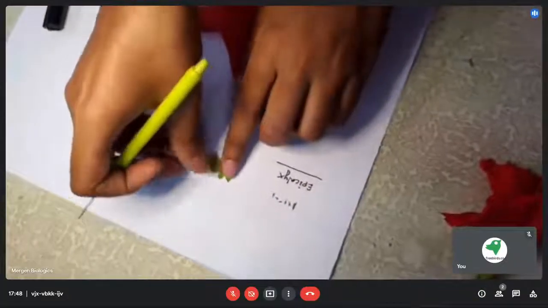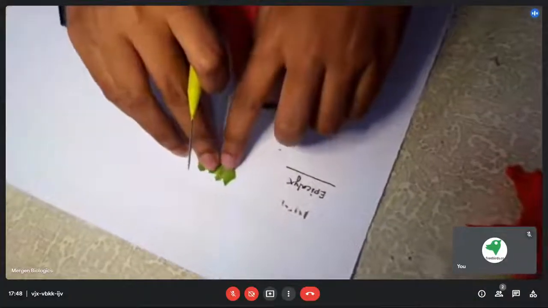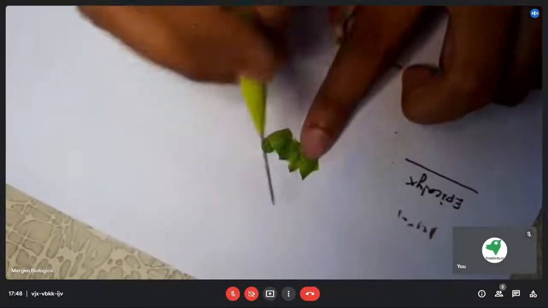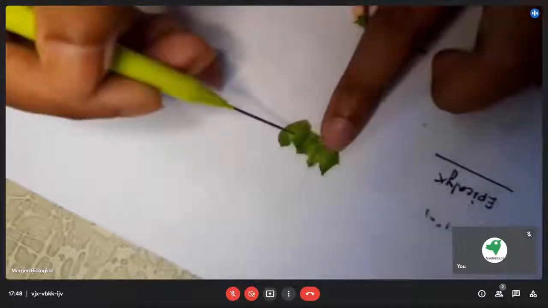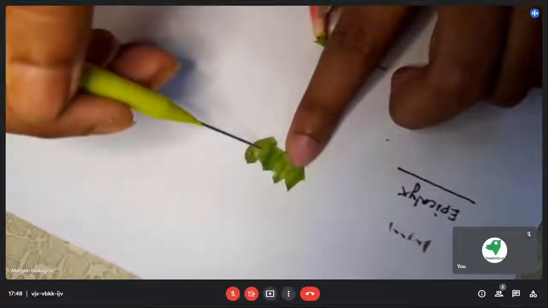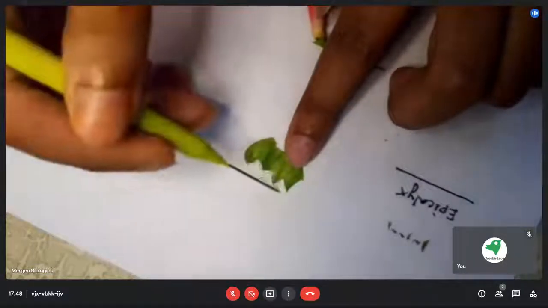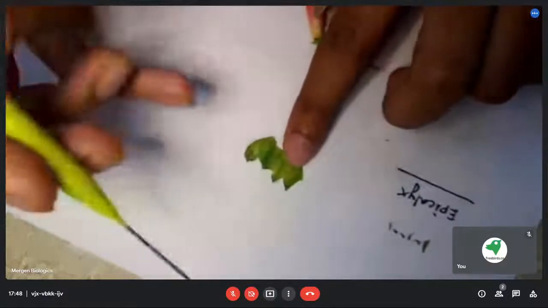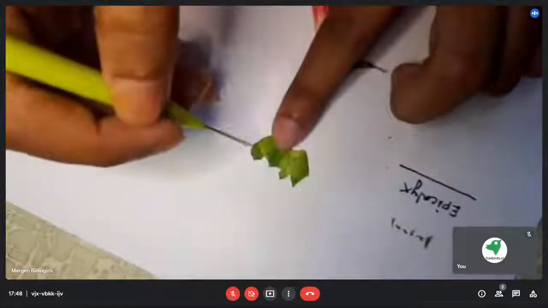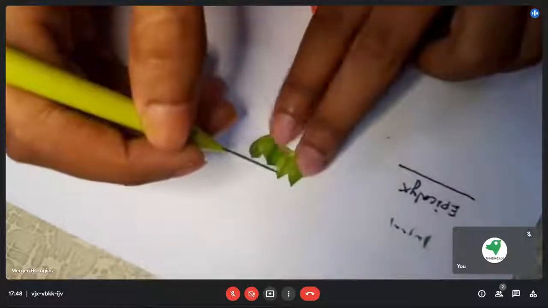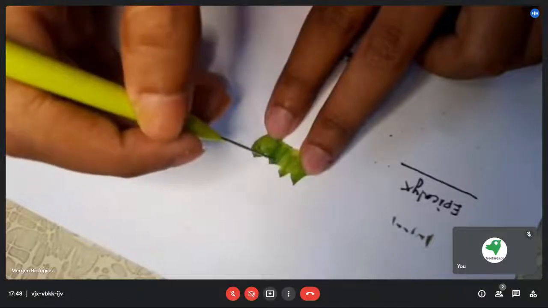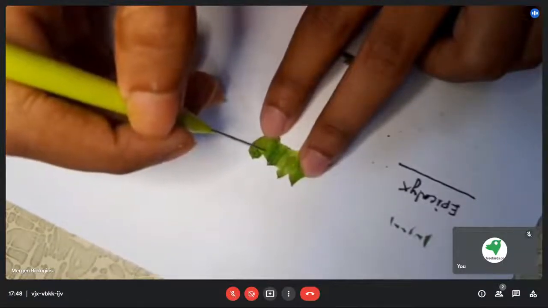So this is the first whorl of the flower, that is the sepal, and it is green in color and it is fused together. This condition of sepals fusing together is known as gamosepalous. Gamo means they are fused together to form one. Then again, one other thing which is very important about this arrangement of sepal is that they are not overlapping each other. They are fused together, but they are not overlapping. They are just independent of each other and just fused at the margins.